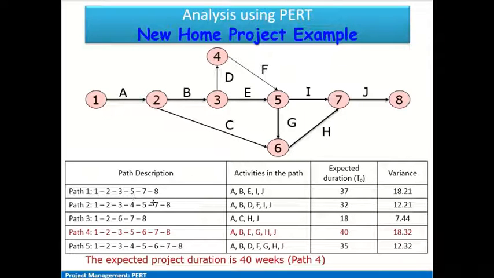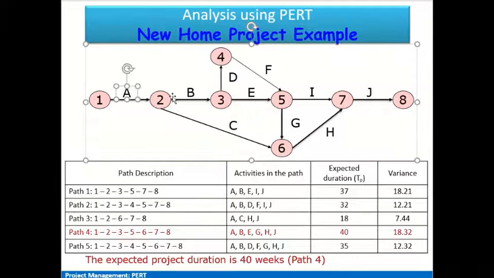So for each of these paths we have these activities listed out here. Different paths have been shown, the 5 paths which are possible from the beginning of the project, noted by the start node, to the completion of the project, which is noted by the last node, that is node 8 in this case. So we go about estimating the expected duration for the activities along these paths. We consider all the activities in path 1 2 3 5 7 8, which is activity A followed by B, then activity D, activity I, and then activity J.